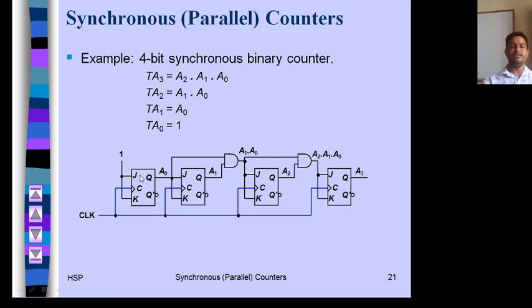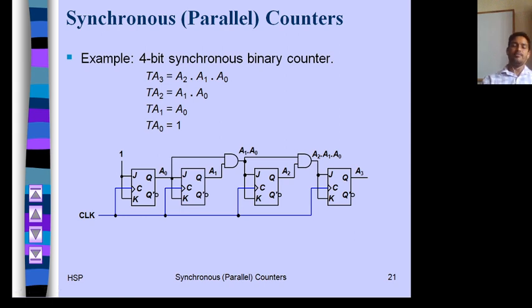In this case this is LSB, 1. Then TA1 is A0, J K A0. Then TA2 will be A1 A0. Okay, then TA3, it is A2 A1 A0. A1 A0 is coming from here, A2 is coming here, so A2 A1 A0 connect to JK. You know J equal to K equal to T. So these are the shortcut method.